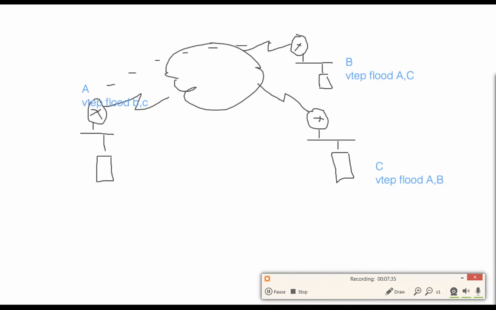So if we do show VXLAN VNI 1212, we can see that VNI 1212 is mapped to local VLAN 12, and that's forwarding on that particular interface. Otherwise, we can look at